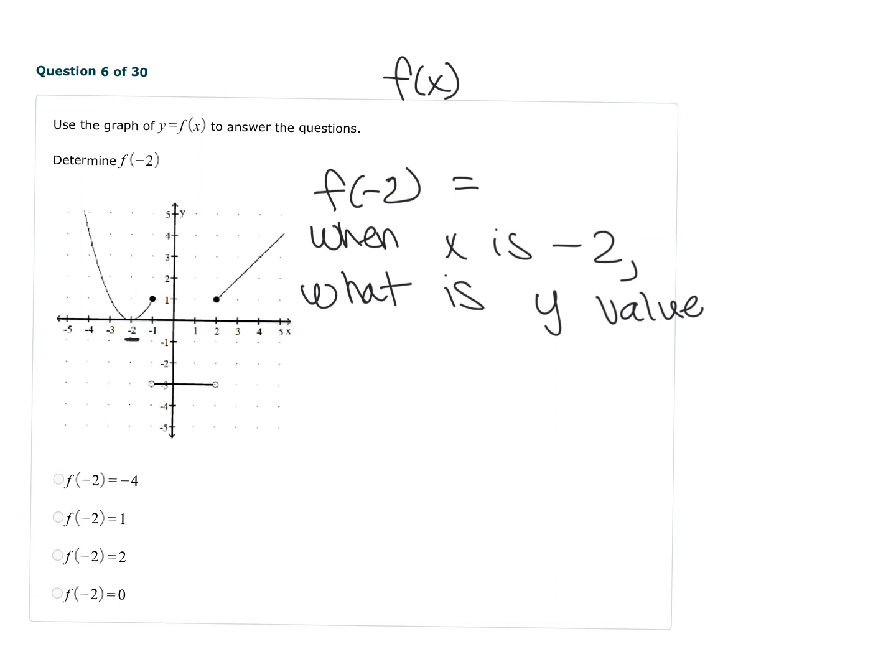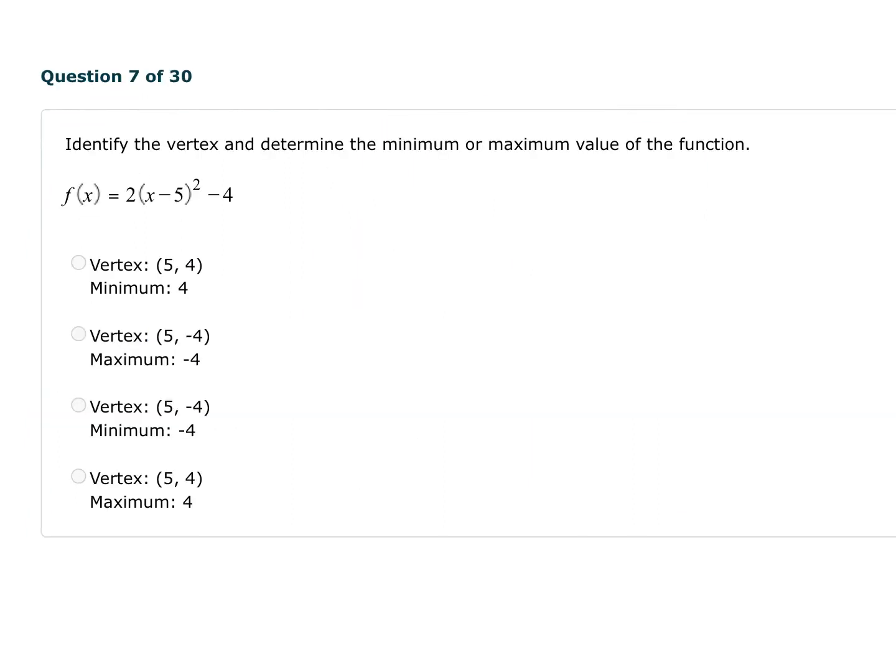So when x is -2, our y value is actually at 0. So f at -2 is equal to 0. All right, so number 7 says